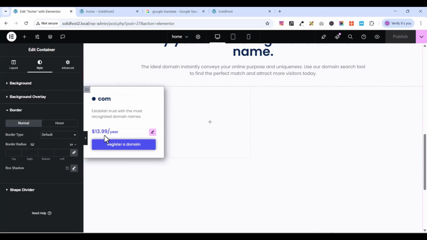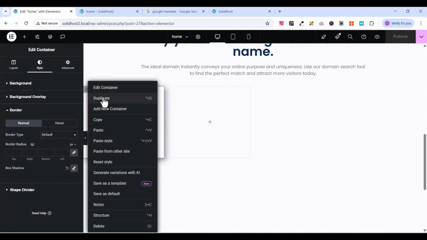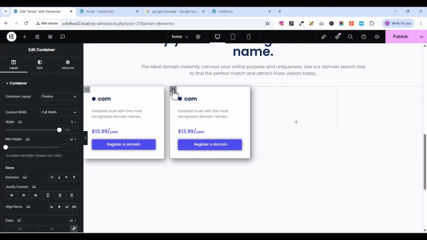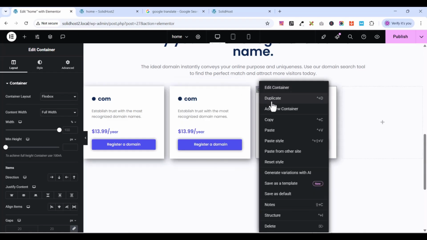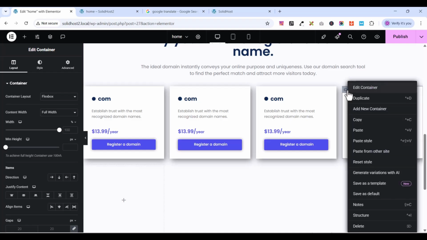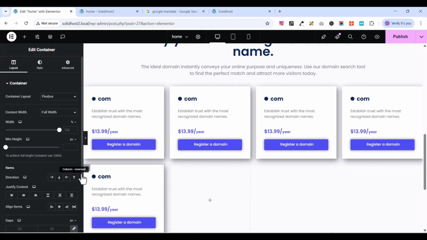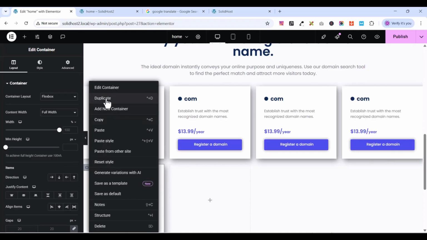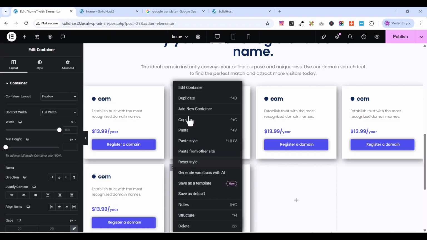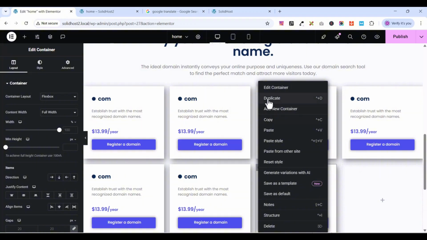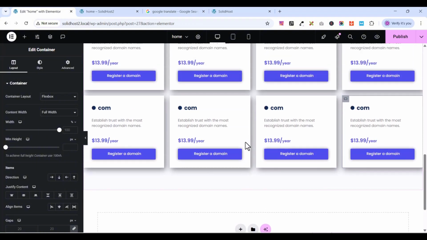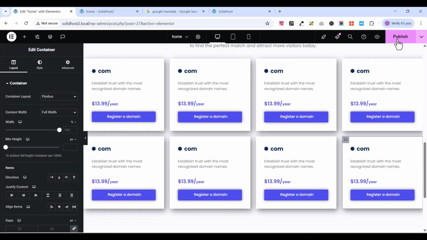Okay, and I'm going to duplicate it. So let me duplicate this. Click here and duplicate, click here again and duplicate. So I'm going to duplicate until I get the numbers I want. Duplicate this one again, duplicate and duplicate. Okay, as you can see, so let me publish this